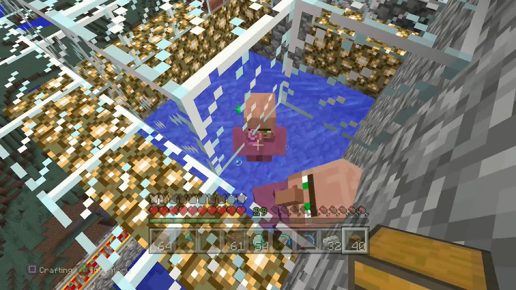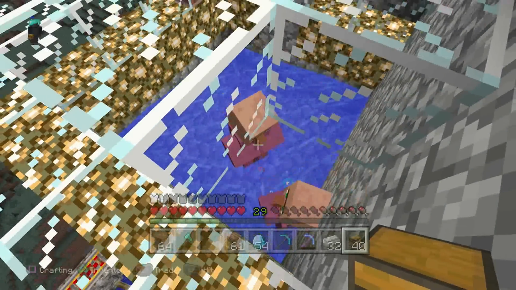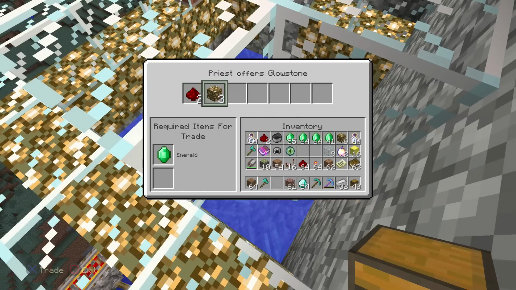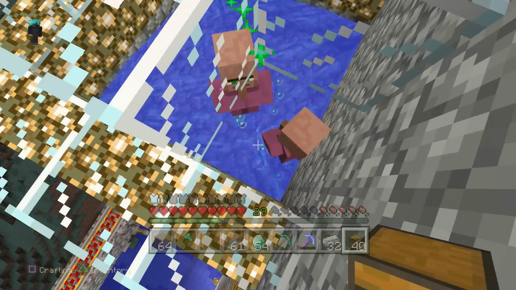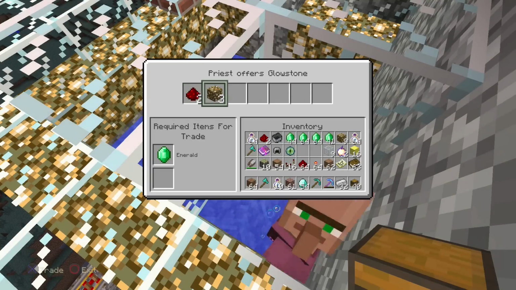Basically, 1 by 1, you just do that. Move up. Let's try to get him. This guy really wants to deal with me over here. But again, buy him out of bottles of enchanting. And then just buy 1. And eventually he's going to add a new item to his inventory once you go through it. Bottles of enchanting. And there you go, guys. I think 3 stacks of bottles of enchanting are pretty much going to give you almost level 30